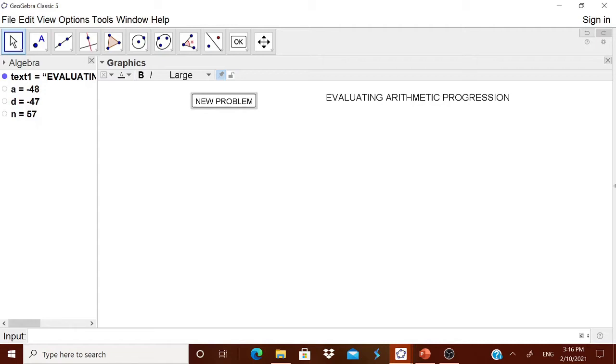Therefore, A is already there. Let us find what is A plus D. It is B. You have to remember that. Then A plus 2D, that is minus 142. Then A plus 3D. I think we can show only 3 elements to the children. It is more than enough, I feel. Okay, new problem you see.